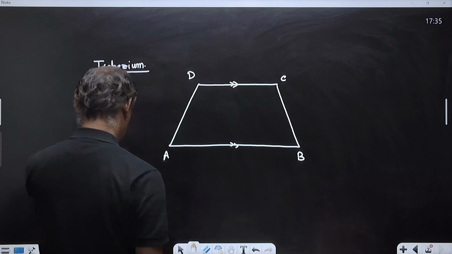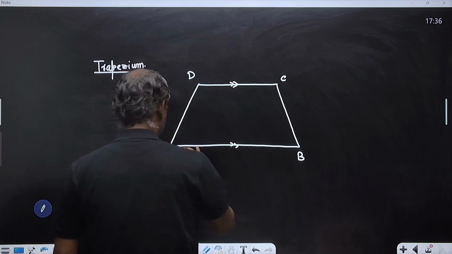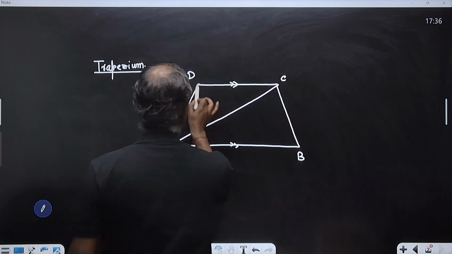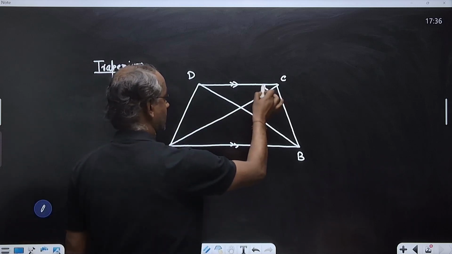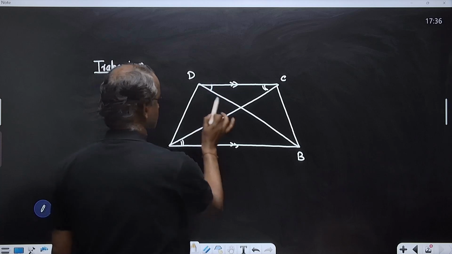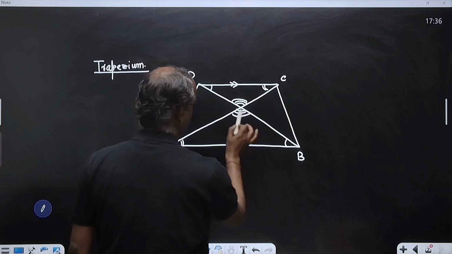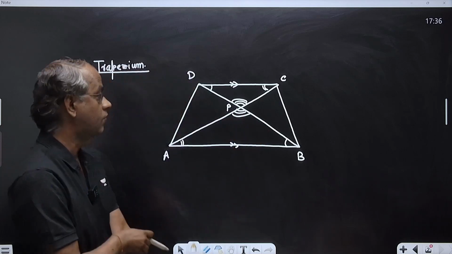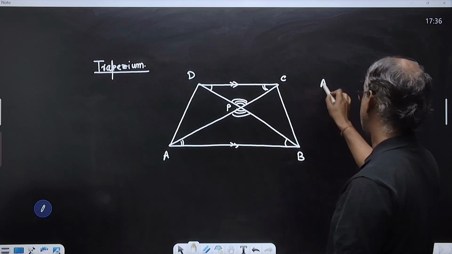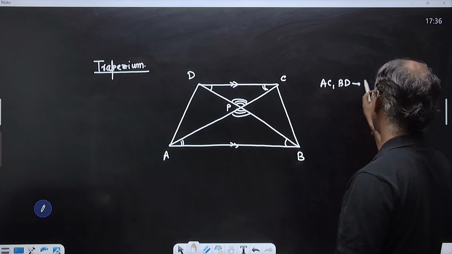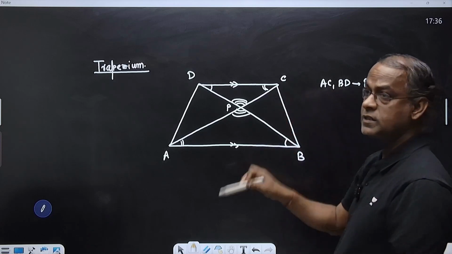Now, what you can possibly say is that in a trapezium, as a consequence of it, see, these two angles are equal. This angle is equal to this angle, and therefore this angle has to be equal. So, if this is P, the intersection point of the line joining the alternate vertices, we call them diagonals, these two triangles are similar.